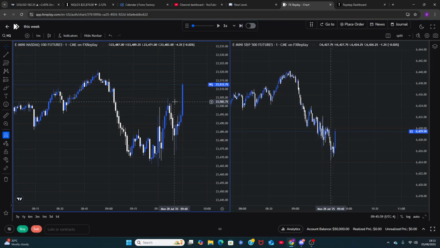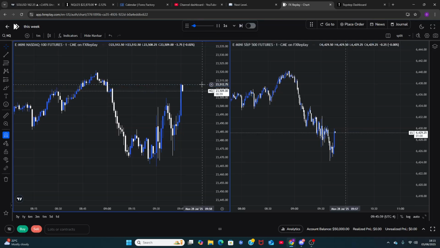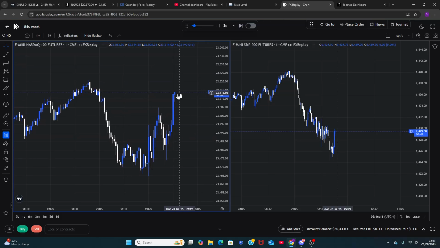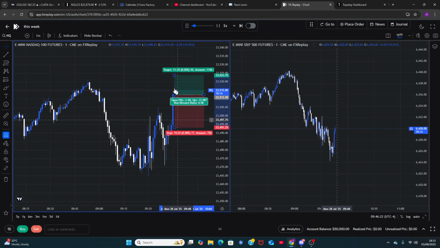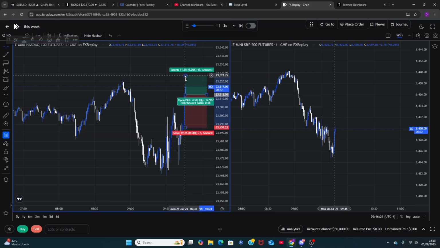Let me quickly skip through in 1 second, just because it's going to be easier for us. Okay, you wait for price to see what price does. At this point, it's pretty late. I mean, you could consider as soon as this candle closes, you could do that and then just target this high. But then again, you got a negative RR.